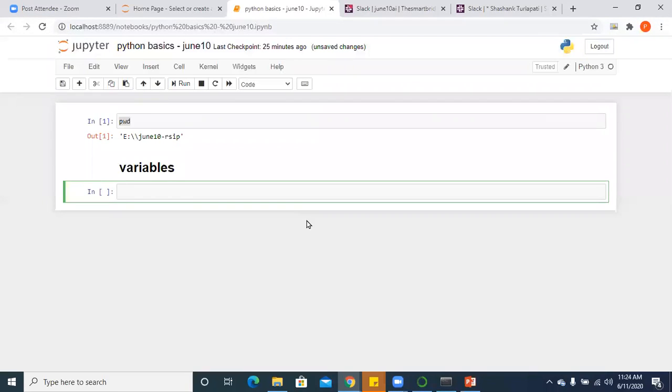In Python, variables do not need explicit declaration to reserve memory space. The declaration automatically happens when you assign a value to a variable. The equal to sign is used to assign values to the variable. For example, if you take